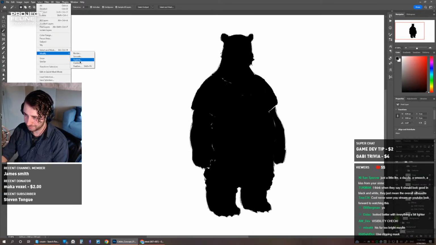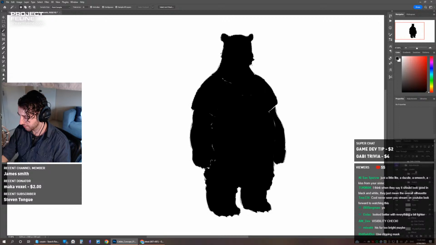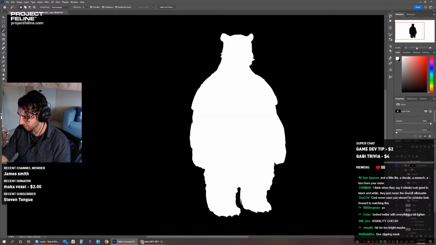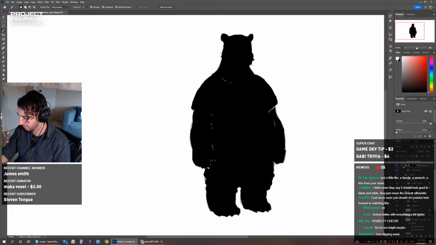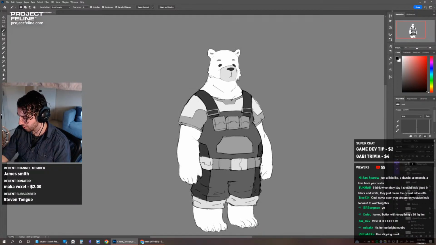There we go. And then we'll go to the adjustments and add that mask. There we go. All right, so now that level should only apply to the character. There we go.